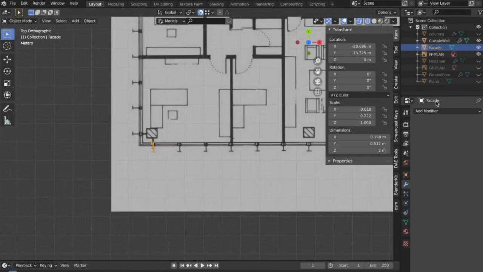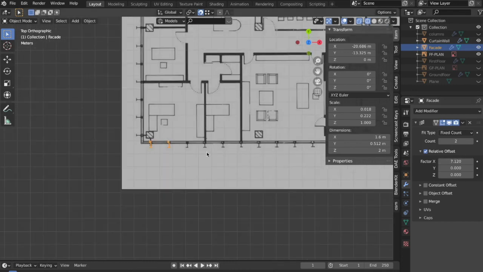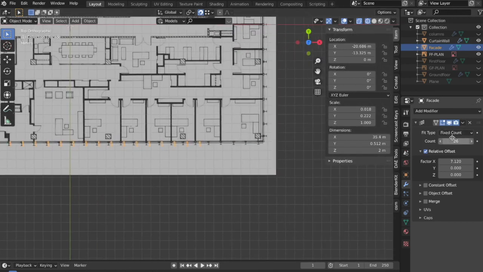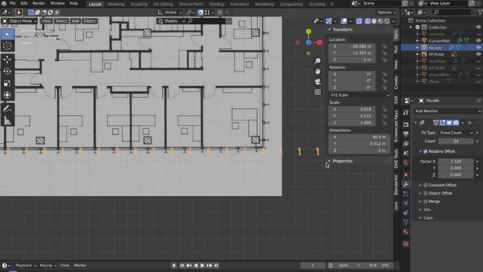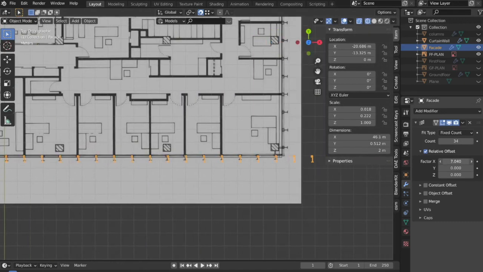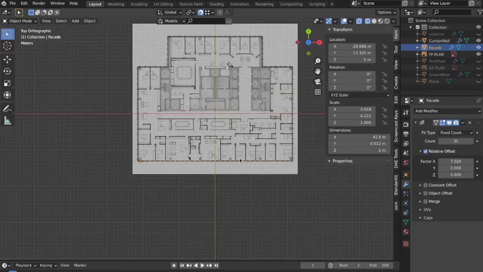Now I'm going to array it. And then I'm going to increase the count. And I'm going to assume that because the distance is increasing, I'm going to take the last one over here and then reset the distance to this. So now we have this over here as well.